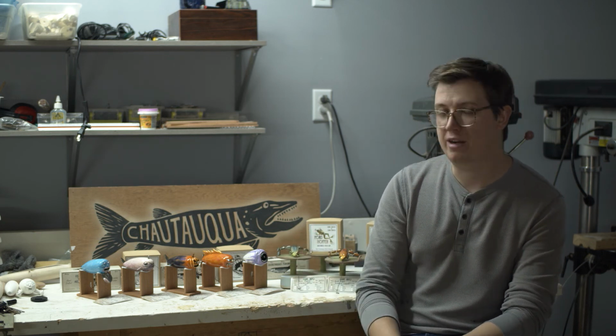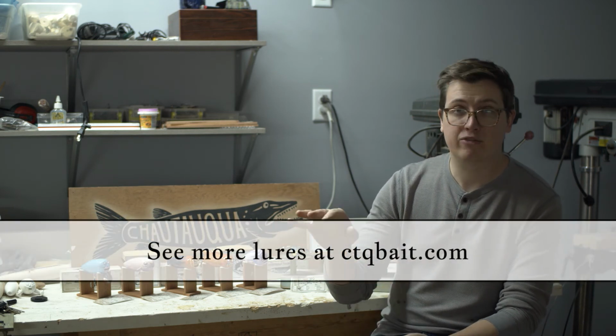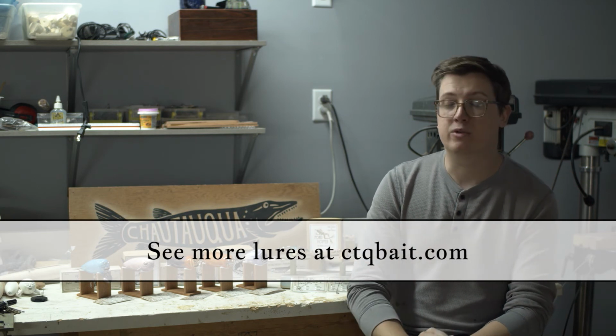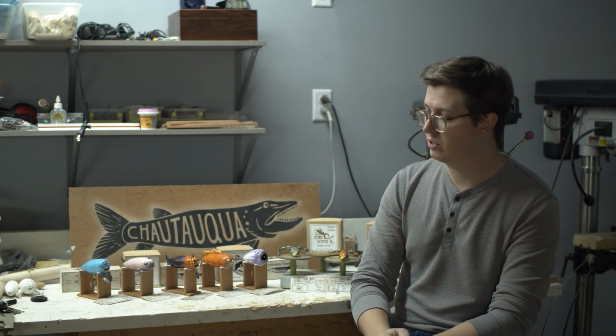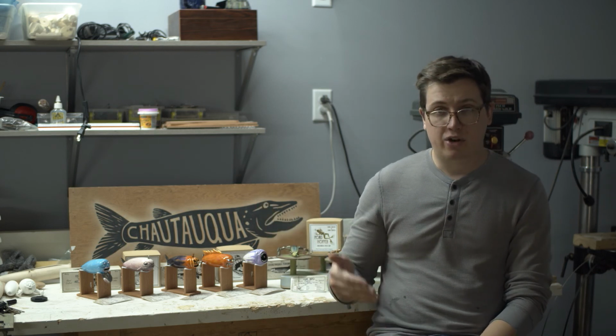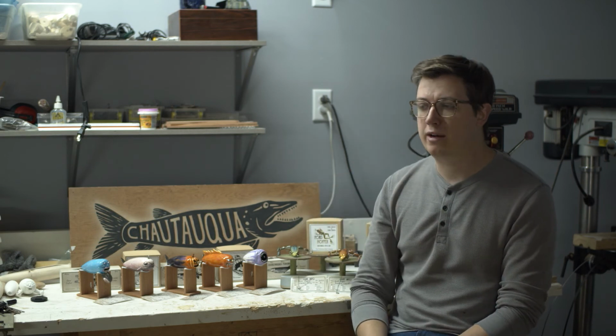This is a hobby that I really enjoy. This last year I've been kind of inactive with this hobby because my most recent son was born. He's 7 months old now, so I've been very busy. I've had zero time for lures, but I am starting to get a little bit of time out here in my workshop. So I do plan on trying to ramp up the hobby a little bit, produce some more product,